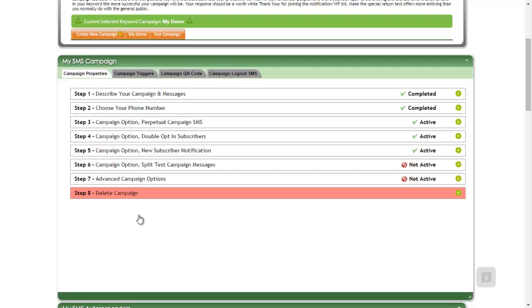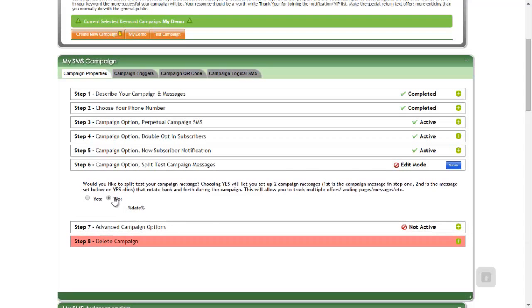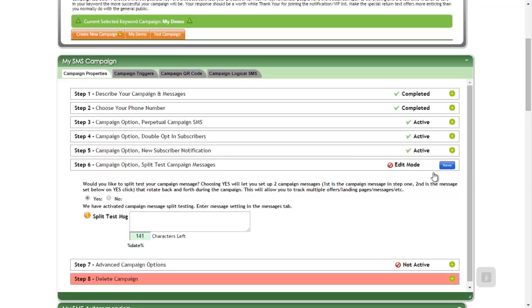Next is our campaign option split test. If you want to split test the response rate between two campaign messages, we can do so. And this allows us to tell how each campaign wording is performing based on who's coming to the store to claim a coupon or what have you. So I'm going to click on yes. If we do our split test message,